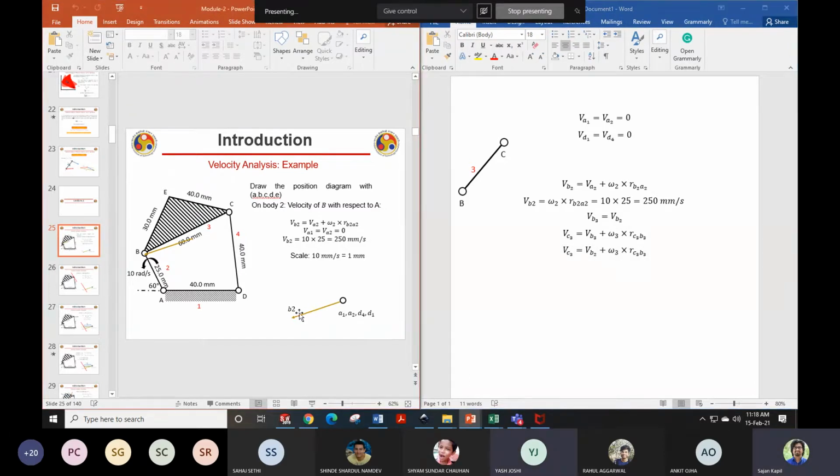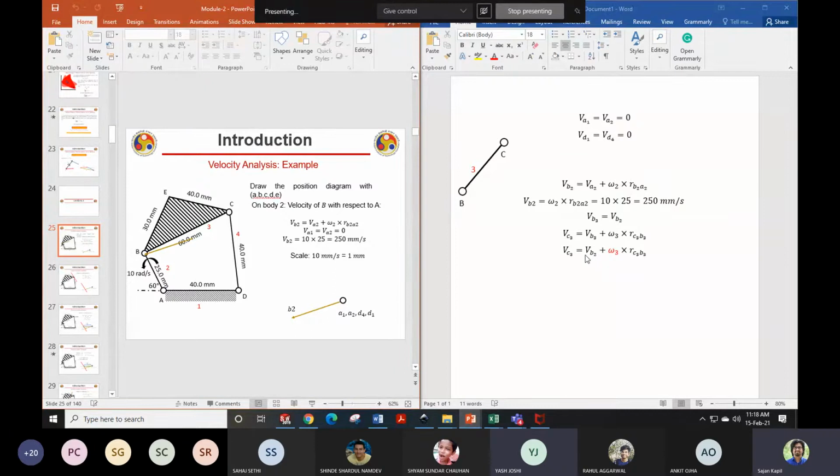Correct. Now, let us come back to our vector. This vector, I have drawn this vector only. Now, I want to locate the velocity of C when it is assumed to be in body 3. But omega 3 is unknown to me. Correct or not? Yes, sir. Now you tell me, Yash, what should I do? Whatever I know, I'm going to draw on this. Sir, the omega would be perpendicular to the plane, and we know the direction of R, so we can take the cross product and know the direction at least of the velocity, the omega cross R.